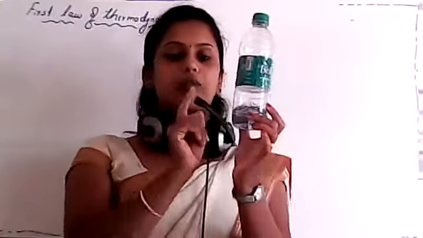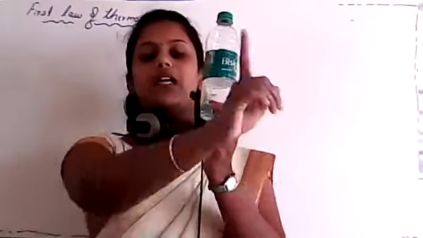After that, we studied some important terms of thermodynamics. First one is system, second one is surrounding, and the third one is boundary. So the first one is system. It is part of the universe which is under study. See, if I use a beaker or a bottle which is under study, then this whole thing is known as system. That means the liquid inside this beaker or bottle is known as system. Clear? And the remaining everything in the universe is known as surrounding.